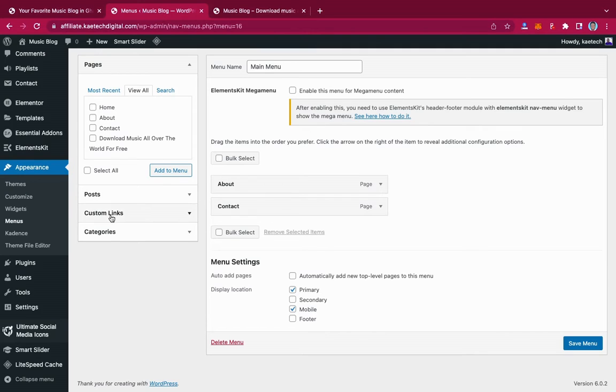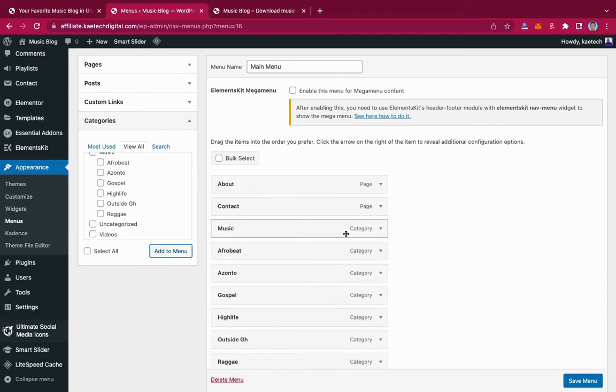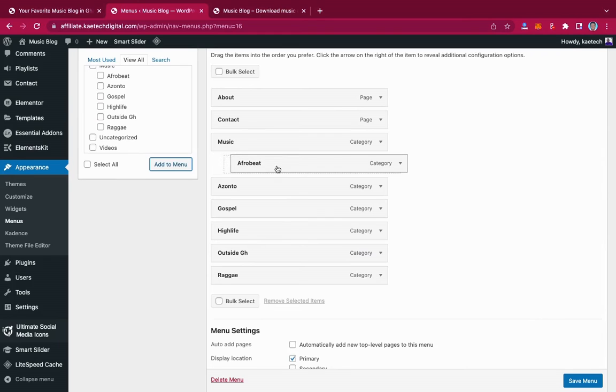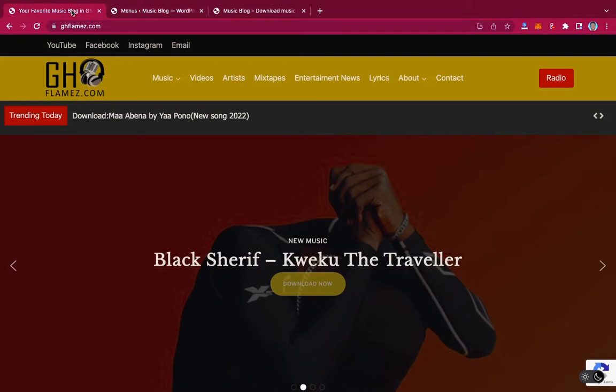So what we're going to do is go on categories over here, go to view all categories, and the first one we're going to bring is music. Under music we have all those categories, so we're going to bring all of them over here. As you can see, we're going to drag them under music. So the Afrobeat, the Azonto, the hip life, the high life, and the reggae, all of them are going to be under music. So we're going to bring it like this. So the music will be the first thing, and then the next one is going to be videos, artists,